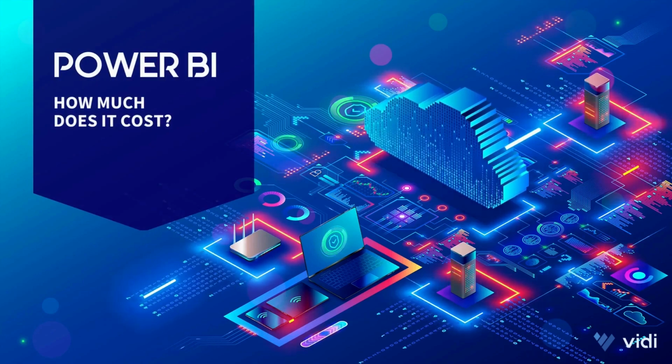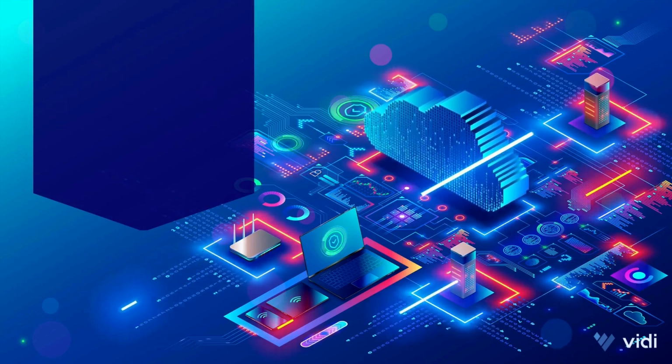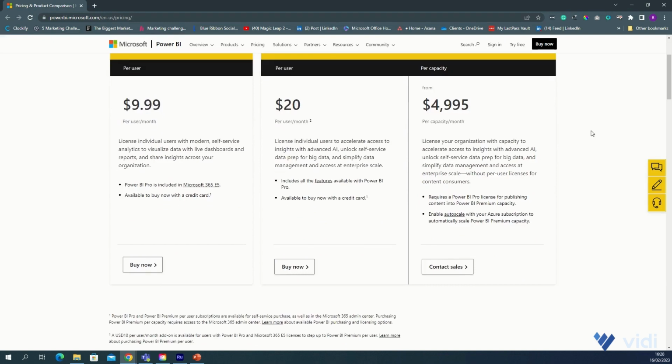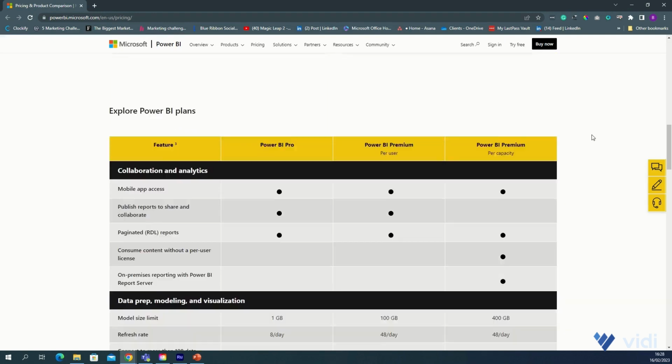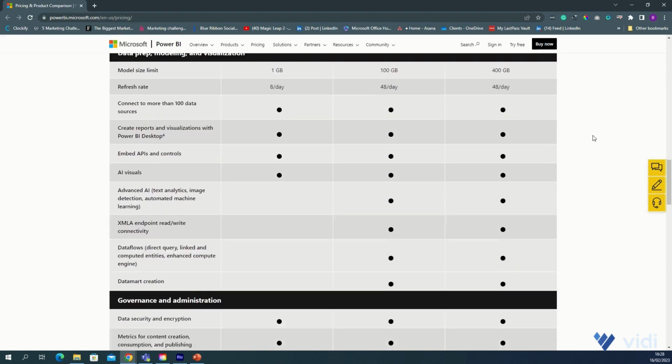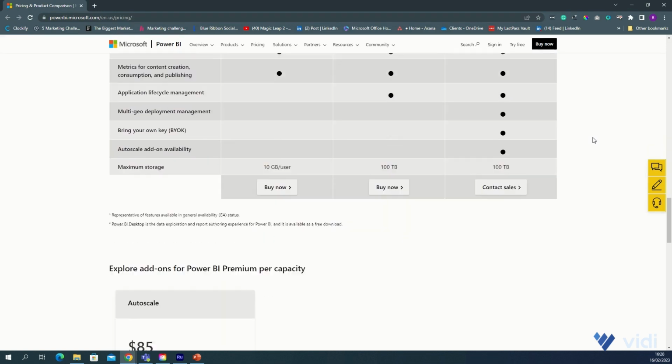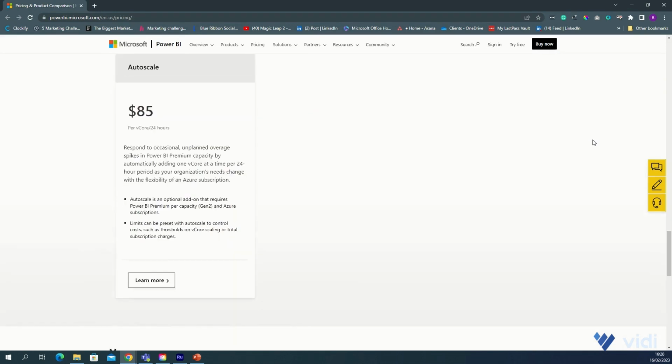Power BI is free if you want to start developing reports, no cost to you as a developer. However, when you share your reports with other users, any user who views the reports needs to have a license, and a license costs $10 per user per month as of now. So, for example, if you have 10 reports users, then your total licensing cost will come to $100 per month.